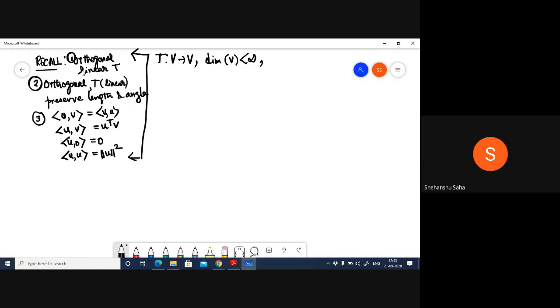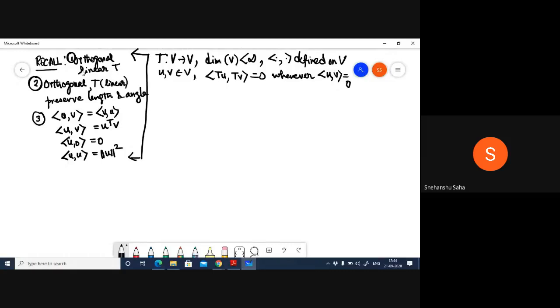And there is an inner product defined on V. And for two vectors U and V in V, I have this particular property that the inner product is 0 whenever